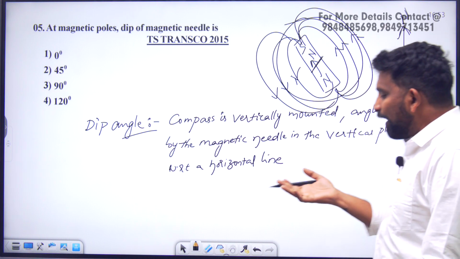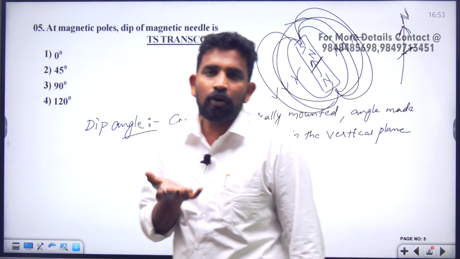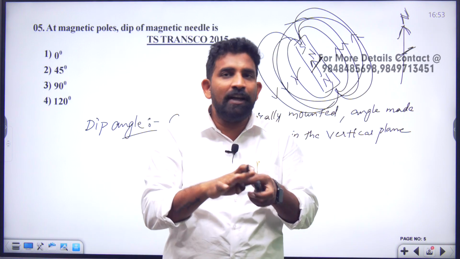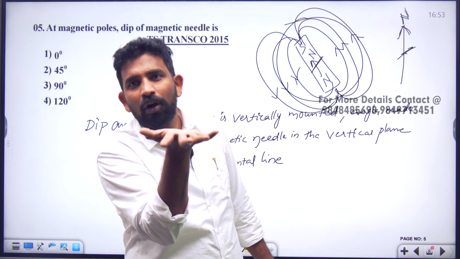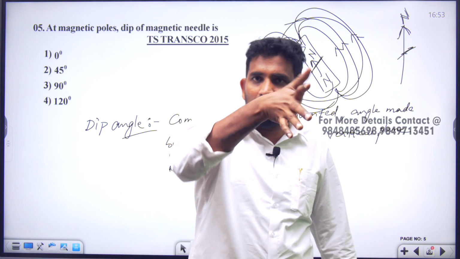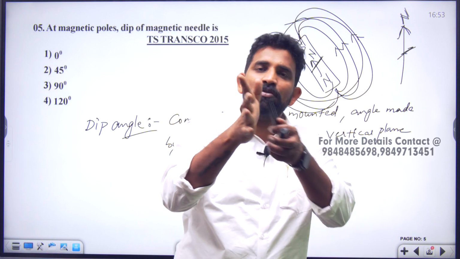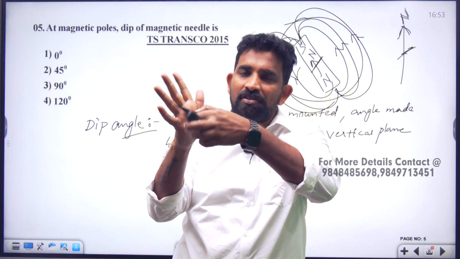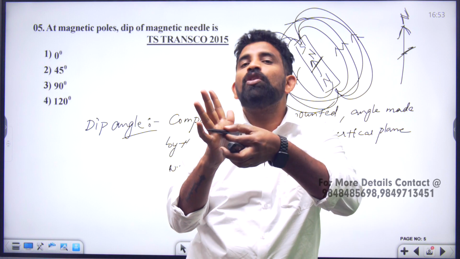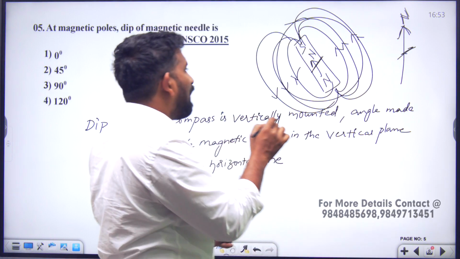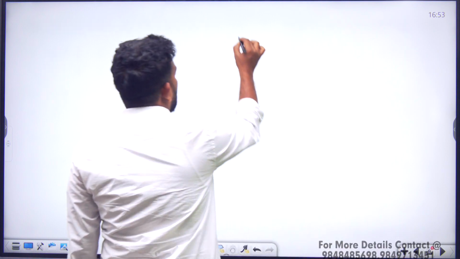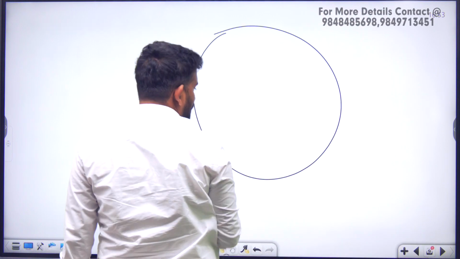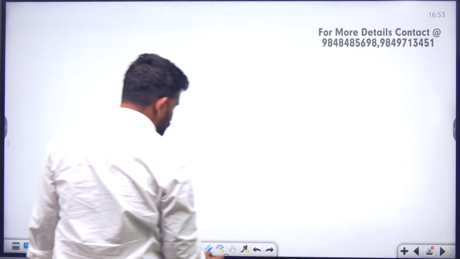Now when I am bringing this compass, which is vertically mounted, it is not in the horizontal plane now. Generally we observe the angles in the horizontal plane. Now what we are doing here is changing the compass into a vertical plane. With this vertical plane also, this magnetic needle will tend to show some north direction. And now that angle that is shown here, for example, if this is the Earth's surface, or else I will take this shape of the Earth.